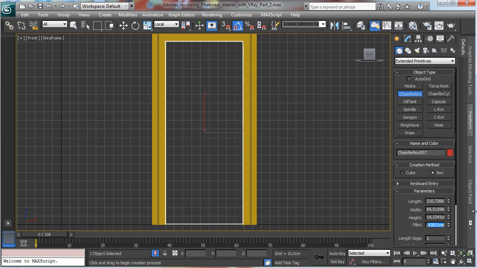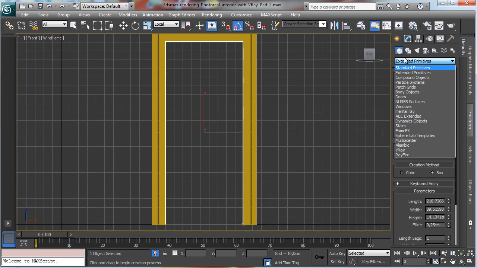Okay, the chamfer will be 25. The door is 14 centimeters, it's not a problem actually, and this one will be something simple. So let's say that we have just a part visible, so we go just to have, let's say maybe